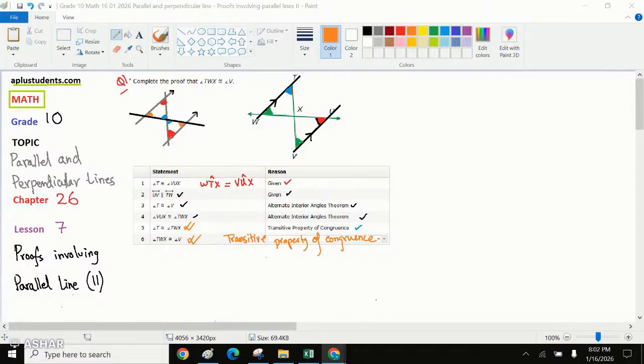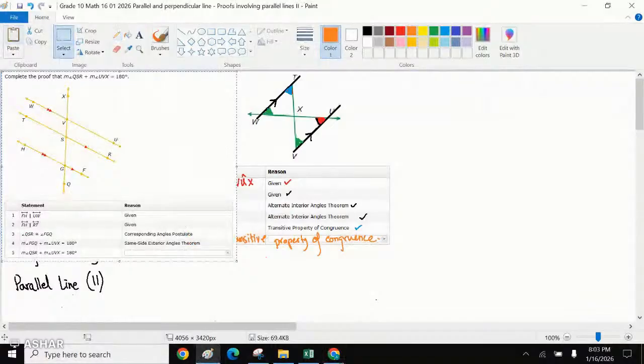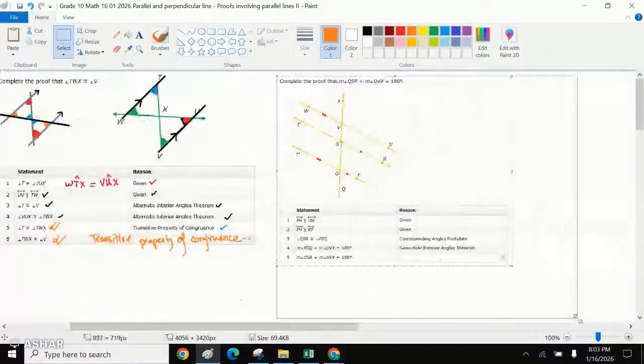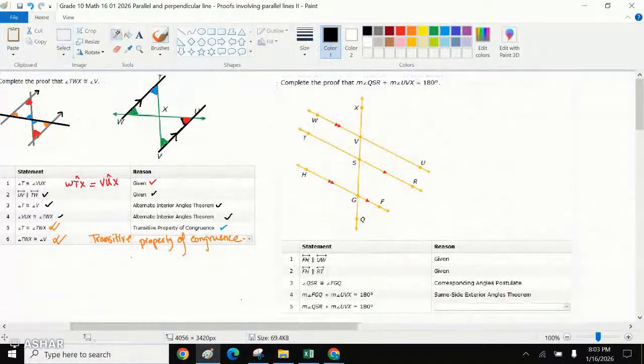The next question we have is where we have more than two parallel lines. Let's see how we can do the question. Okay, let's just keep it here. Let's see what property can be applied in question number 2. Question number 2 states that we have